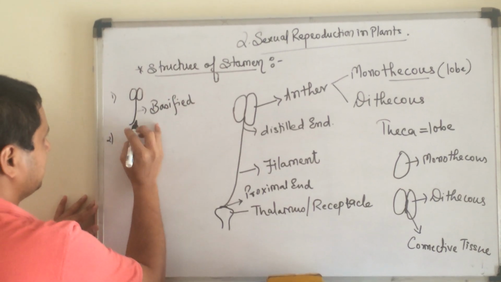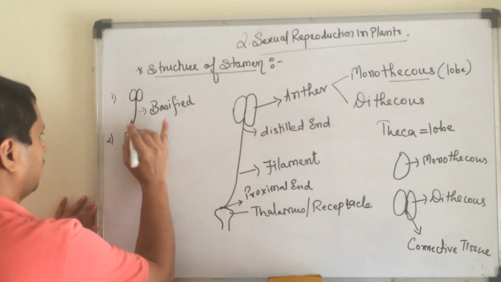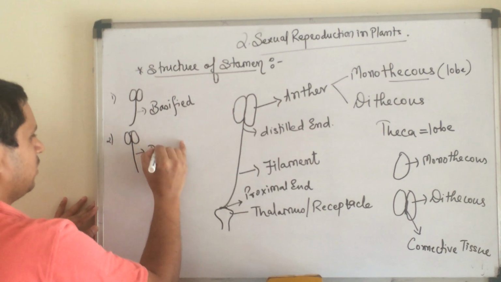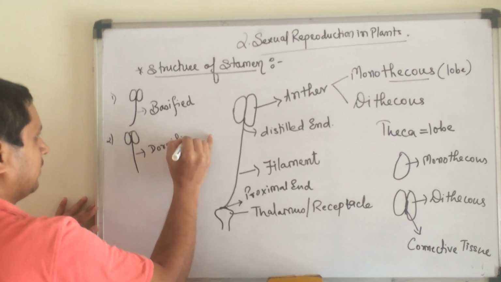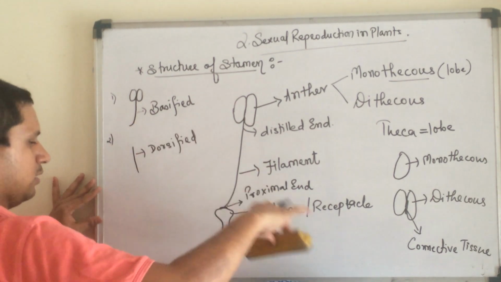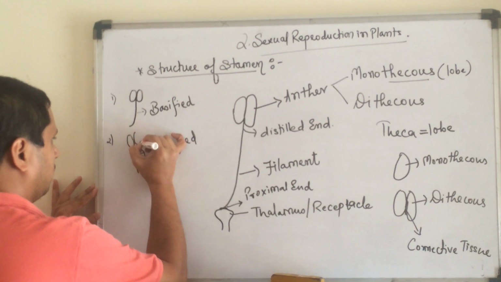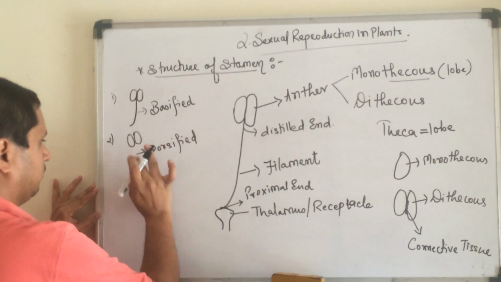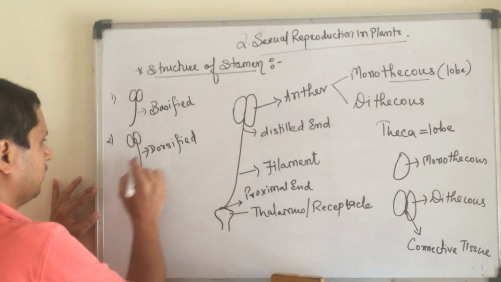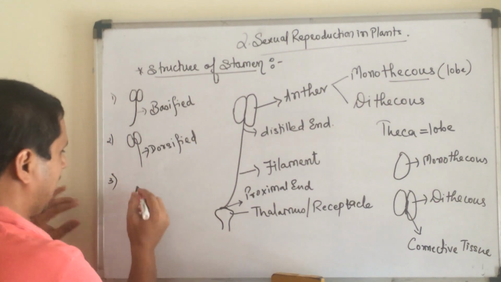The next one, from the dorsal side, is the dorsifixed. Let me draw it clearly so that you can see. The third one is known as the adnate. Now, adnate meaning